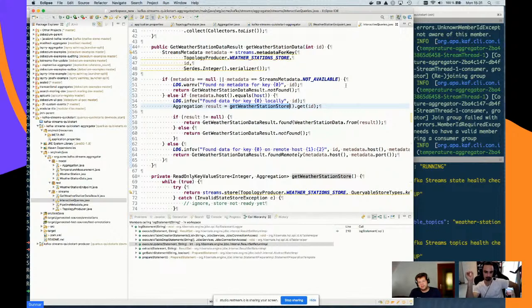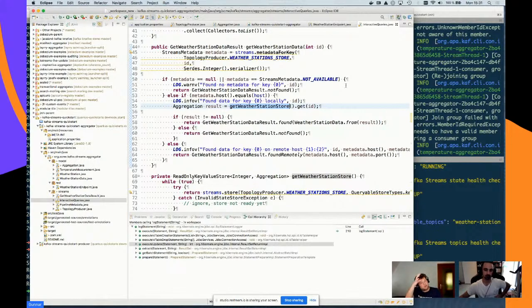What I could do is run this 3 times, like 3 instances, and then each of those 3 instances would essentially work on 1/3 of the partitions of this input topic. I won't do it now because my machine is a bit broken.